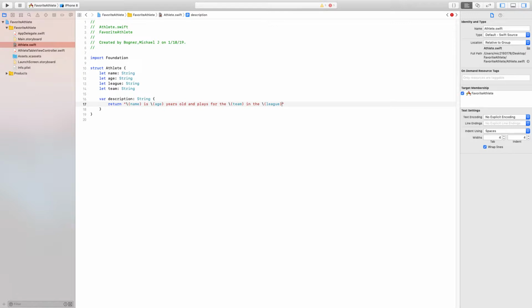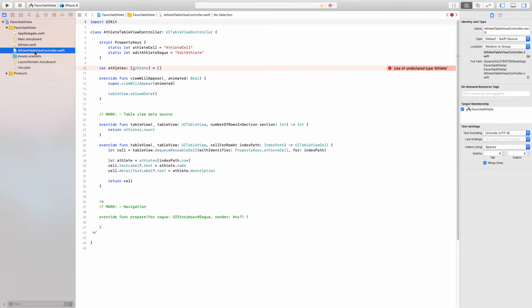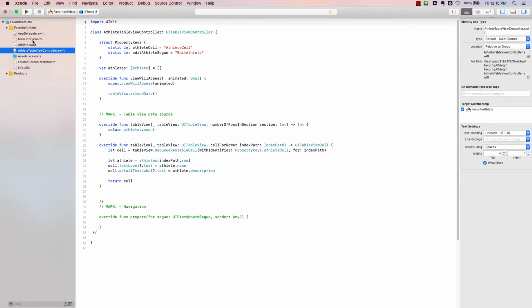So what they want us to do next is, let me click on Command S, so it'll save that file. I just want to go back into our athlete table view controller, and that should remove the error now that we have that athlete structure created. So what they want us to do next is create a new Swift file named athlete form view controller. That subclasses UI view controller, and we're going to set the view controllers in the storyboard to be connected to this class. So the first thing I want to do is go back to my